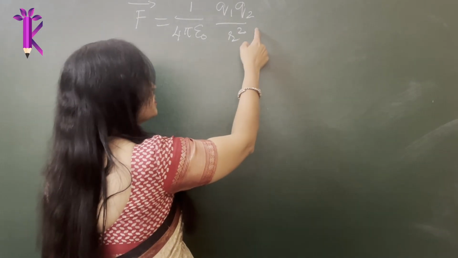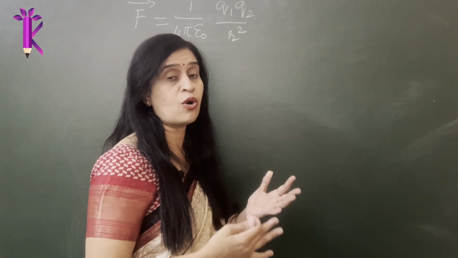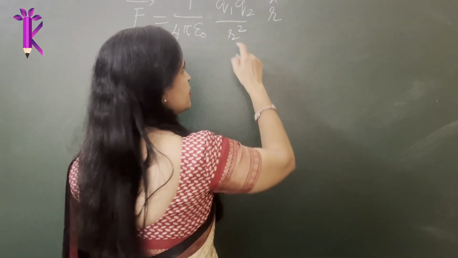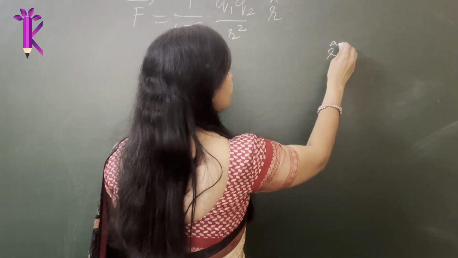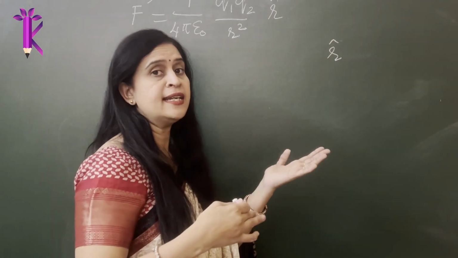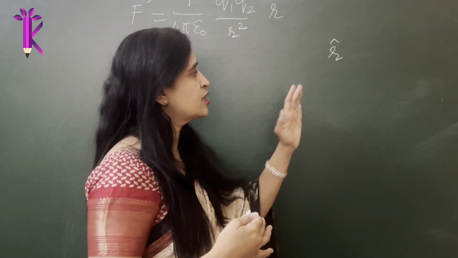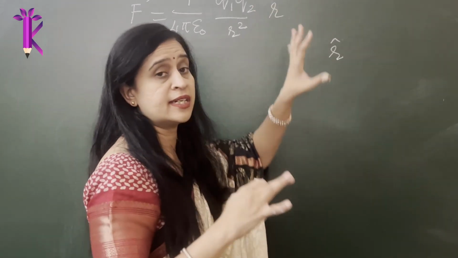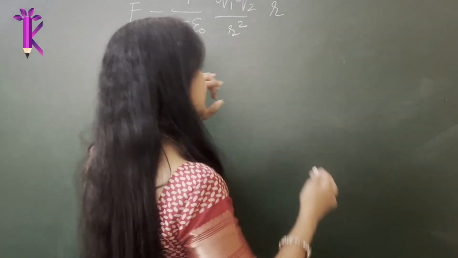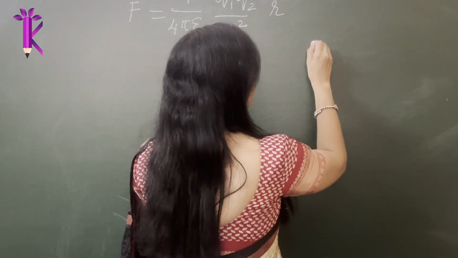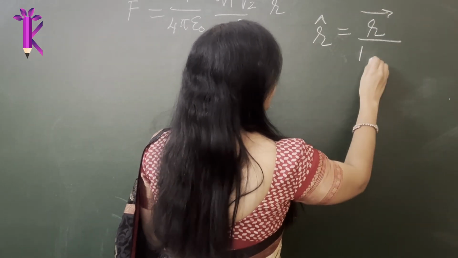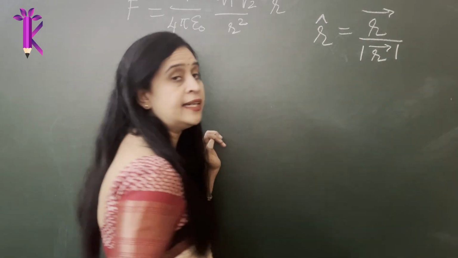We already spoke about something called a unit vector. The unit vector you just write as r cap. So r cap, as you know, can be written as what? Vector r. r cap is a basic unit vector which might have its direction along the x coordinate, y coordinate or the z coordinate. It's a unit vector; the value doesn't really alter. It only says that it is pointing in that direction. Now, this unit vector is generally written as r cap, the vector itself divided by its magnitude, right?